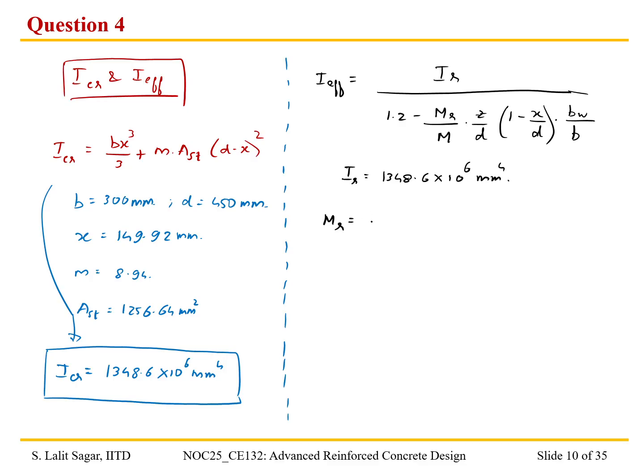I suggest you to look at the IS code. That is given by FCR into IGR, that is the gross moment of inertia, divided by YT. So what does each of these mean? FCR is the modulus of rupture, that is 0.7 root of FCK, and FCK is 20 MPa. So as per that, we get the value of FCR as 3.13 MPa,